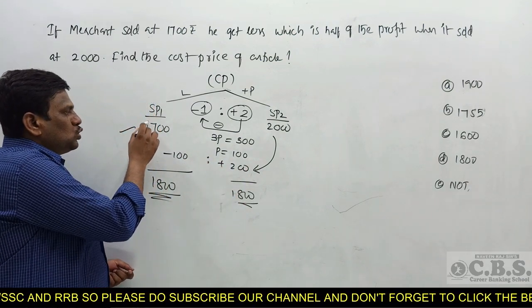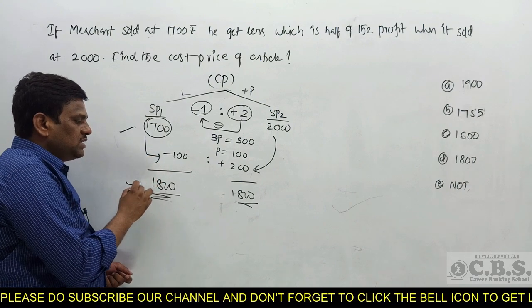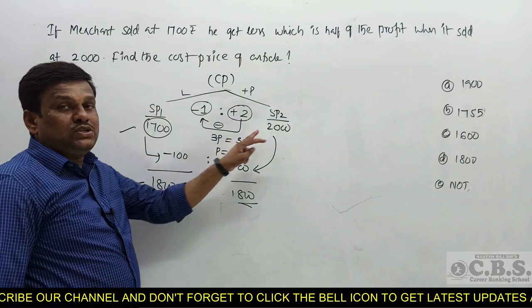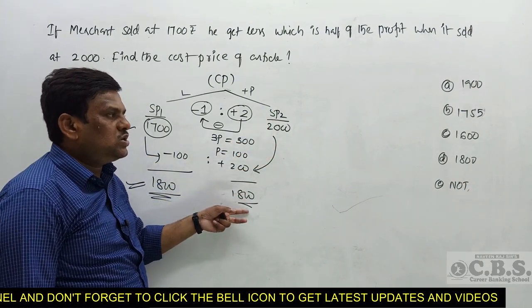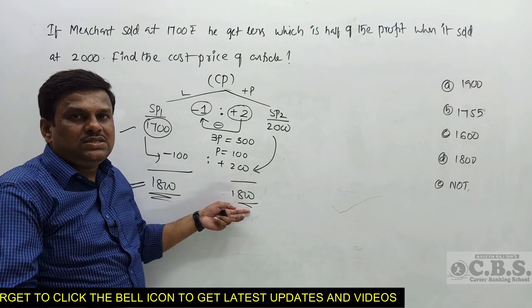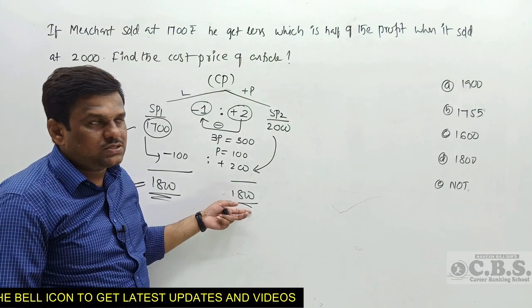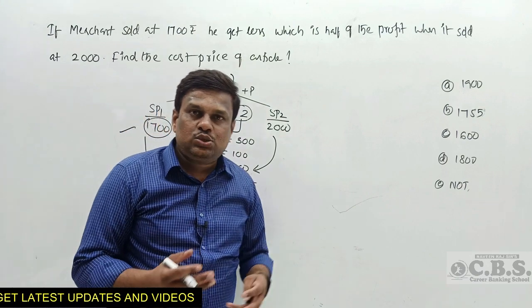So therefore when you sold at 1700, loss is 100 rupees. What is the cost price? 1800. When sold at 2000, profit is 200. What is the cost price? 1800. Either you can answer from the first selling price or second selling price also. Okay, so this is a concept easy to answer in a